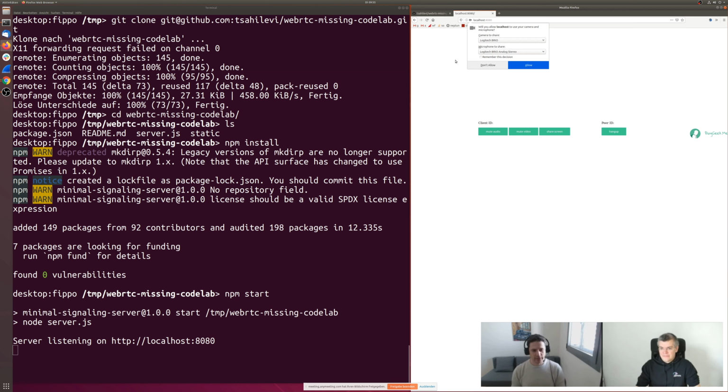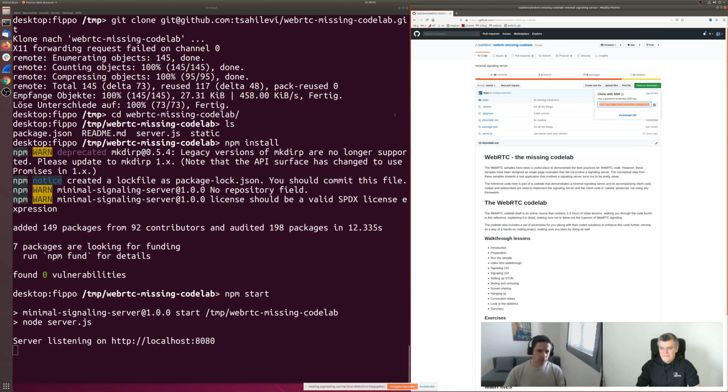Okay. So what we did now, real quickly, is go over to the GitHub repo where we store the code lab. We've essentially downloaded it to our machine. We've installed all of the dependencies, and then we started the server. Now,